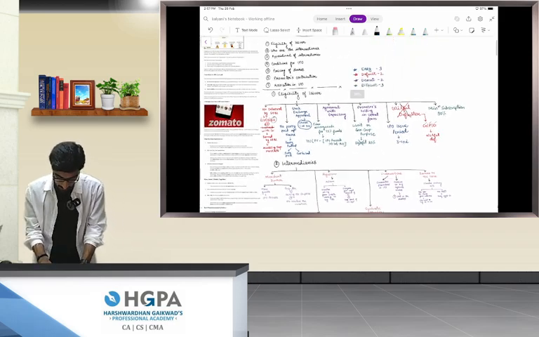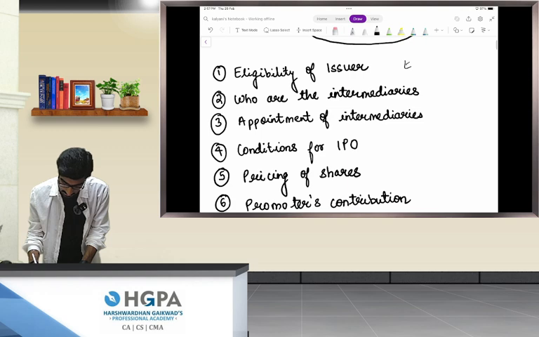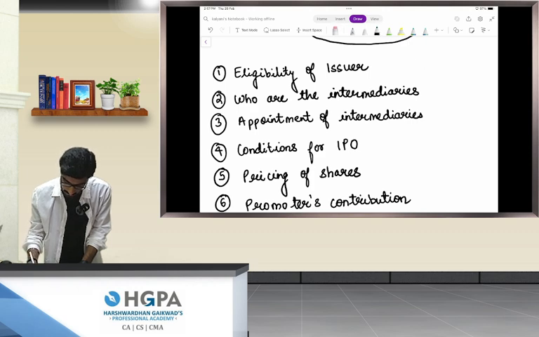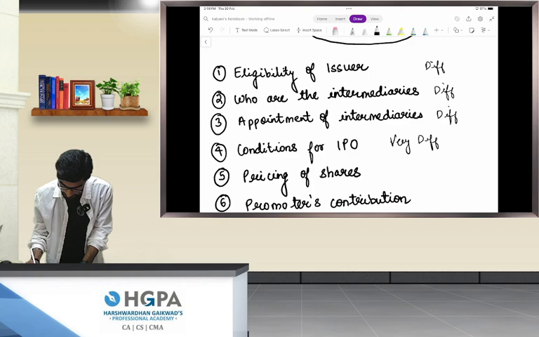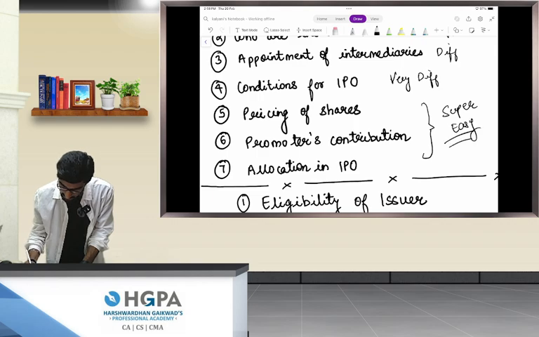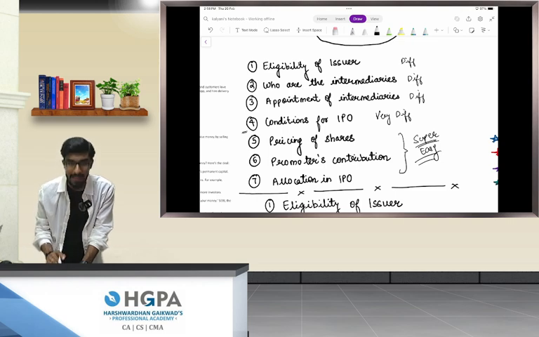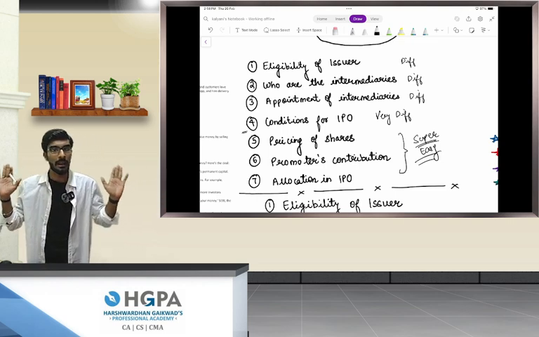Perfect. People, let me tell you one thing. This is easy. Sorry. This is difficult. Very difficult. After this, these three topics are super easy. Cool. So our goal is to complete quickly till here, and then it will be a cakewalk. The remaining three will be a cakewalk for us.